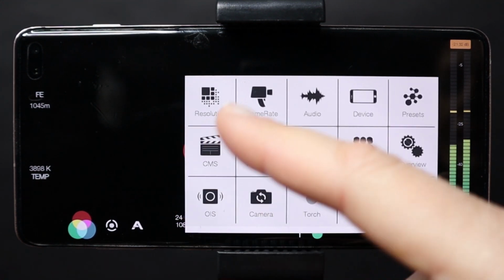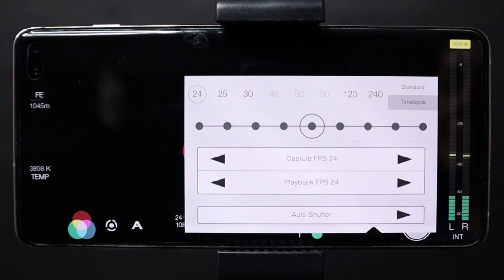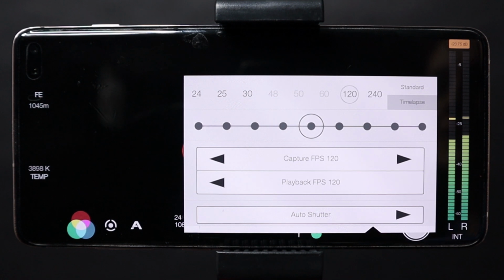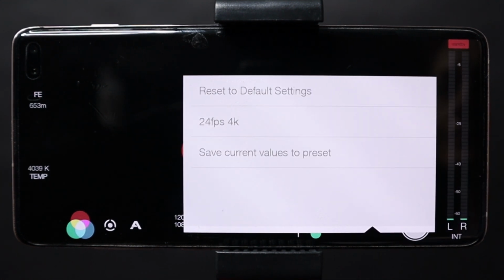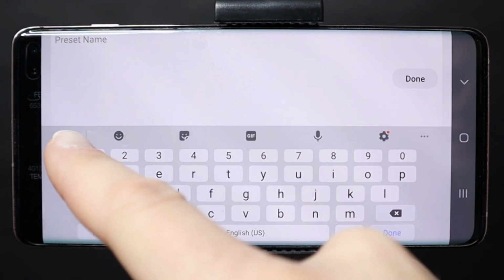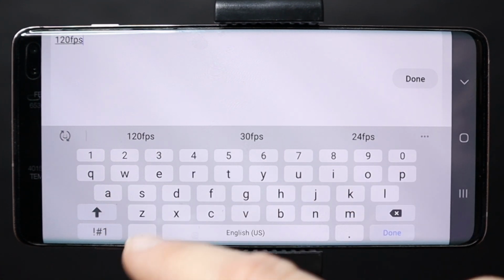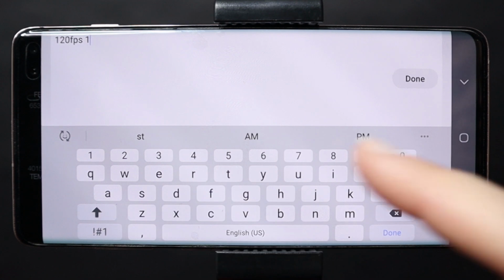Now when I go back to frame rate, I can film at 120 or 240 frames per second. I will select 120 frames per second and save it to presets. Save current values to presets and name it 120 frames per second at 1080p.